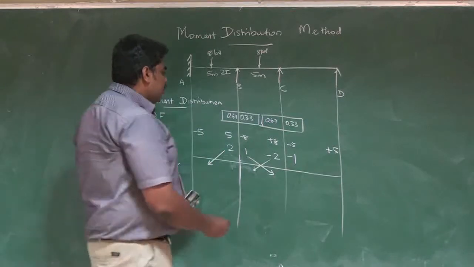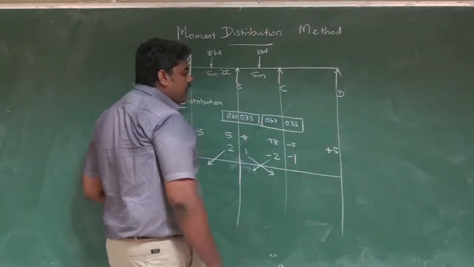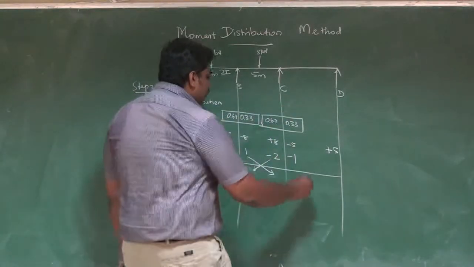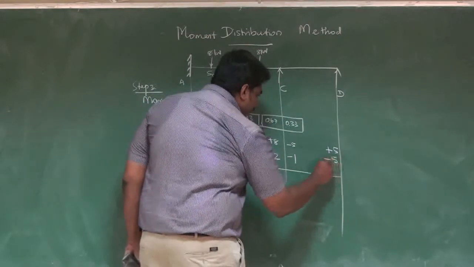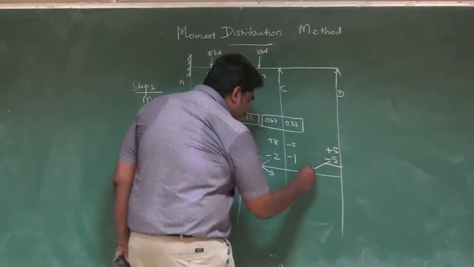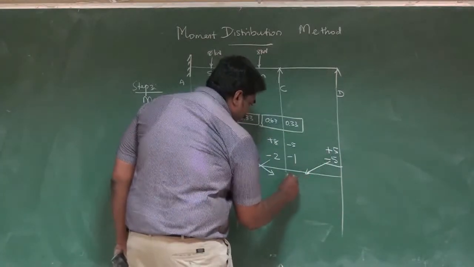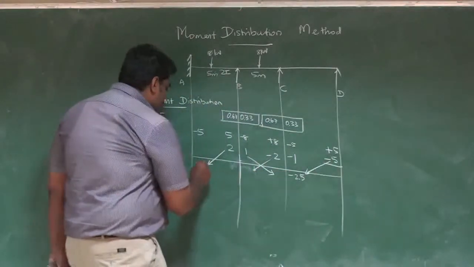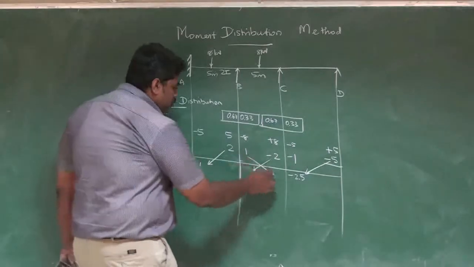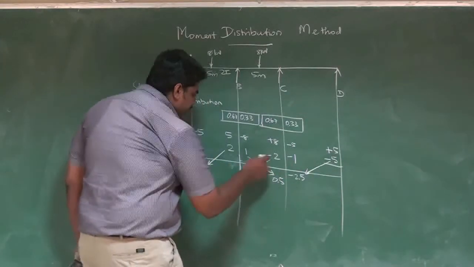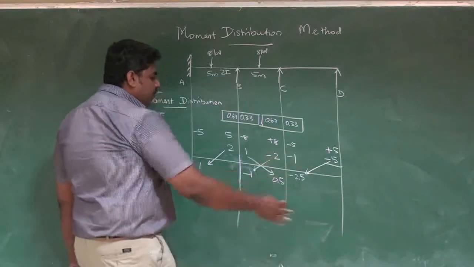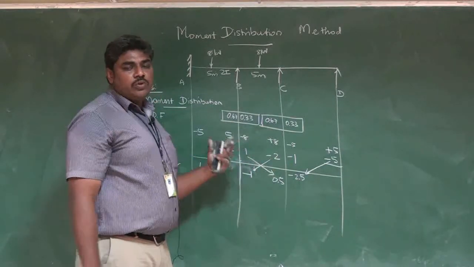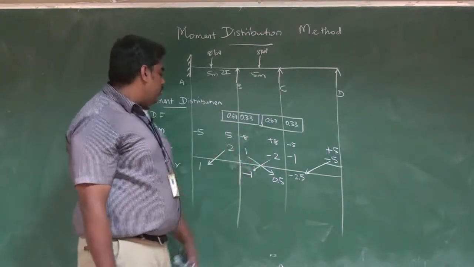Here we have to do one more step. We have to neutralize this moment to 0, because the bending moment diagram for a hinged end should be equal to 0. Right? So what I am doing is putting a minus 5 here. Now this becomes 0. So I have to transfer this minus 2.5 here, half of this, right? So let me transfer all the halves to the other side. It will be 1. 1 transferred to the other side will be 0.5. Minus 2 transferred to the other side, minus 1. So half of the value. This is what you have to remember. Carry over is half of the value, which should be carried over to the other side, which I have substituted for neutralizing, right?